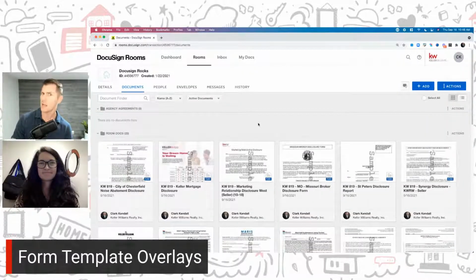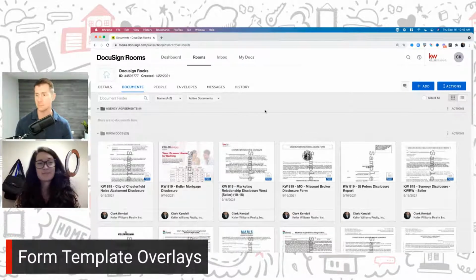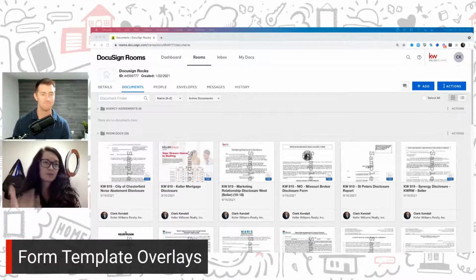Any other things to add for form template overlays? This also works with the details that you put in your Docusign transaction room and command details. So if you're applying a template, it's also going to autofill with that information that's already in your details too. So less stuff to fill out. Yeah, absolutely. Love that. So the more details you're filling out, autofill on your forms. And if you're applying a form template, it's going to fill in with those things that you did on your form